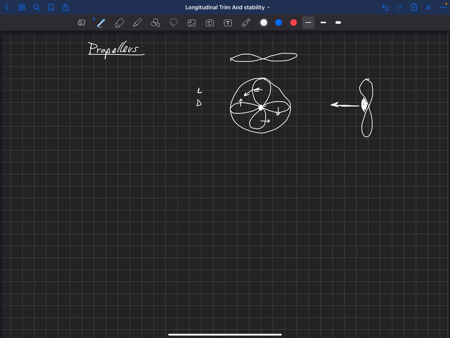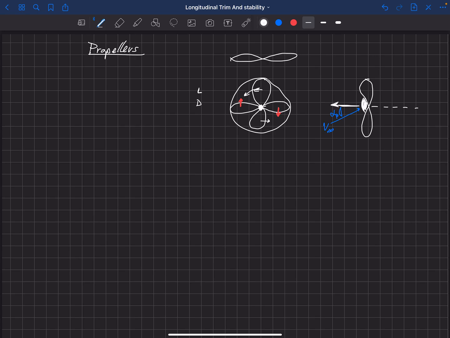So actually let's put drag in red here. So that's our drag, and it's going to be the same on the blades all the way around if we don't have any angle of attack on the propeller. Okay, now let's put an angle of attack on this propeller. So let's say that now the velocity that is seen is coming in at an angle. We'll call this angle alpha, alpha of the prop. So this is the local angle that we're seeing relative to the axis of the propeller.